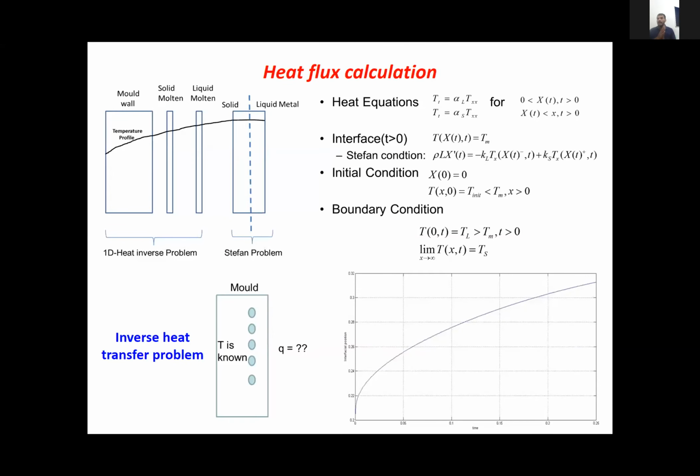Now I forgot to mention one thing. In the copper mold, we have arranged a series of thermocouples. Around 16 thermocouples were arranged in 2 rows, say 3 mm from the surface and 8 mm from the surface. The thermal history of the copper mold is collected, and it is used for heat flux estimation.